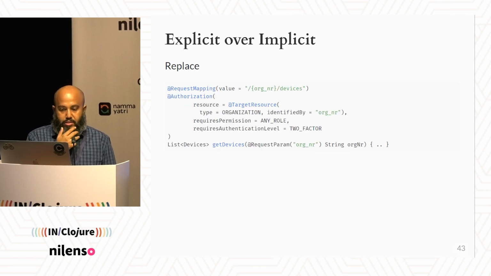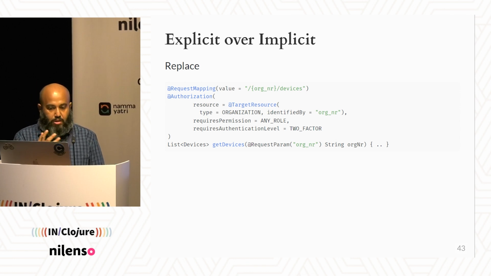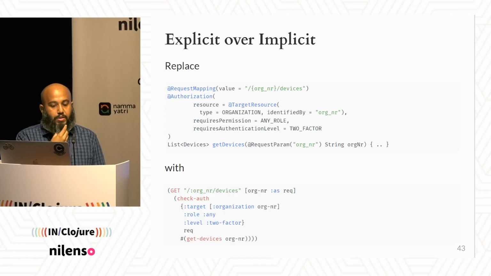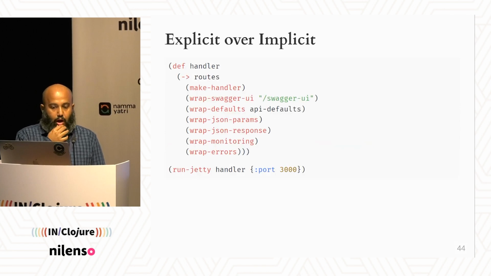This is another example, this time of a web routing case in Java, where you have these annotations all doing some sort of routing, and you don't actually know what's happening. It just magically runs somehow, right? In Clojure, you would do something like this, where you pass in a map with some parameters and some context to an actual function, which can do checking for you and call the handler later on, right? So this is explicit compared to the previous one, right?